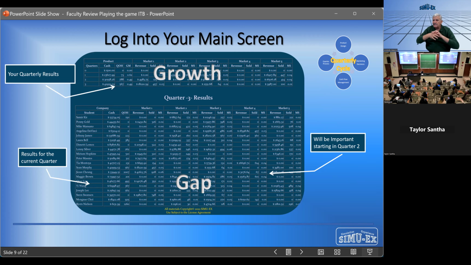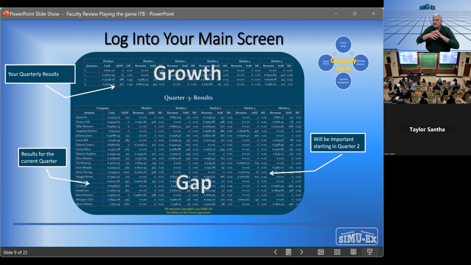So the next 2 components of your main screen are where you perform your major due diligence. Now, you also have an export capability that allows you to export the data into an Excel spreadsheet, where you can perform all sorts of analyses if you wish. But basically, the idea is to look at this information and to analyze how well your company is growing, and are there opportunities for you to pursue a more accelerated growth path.